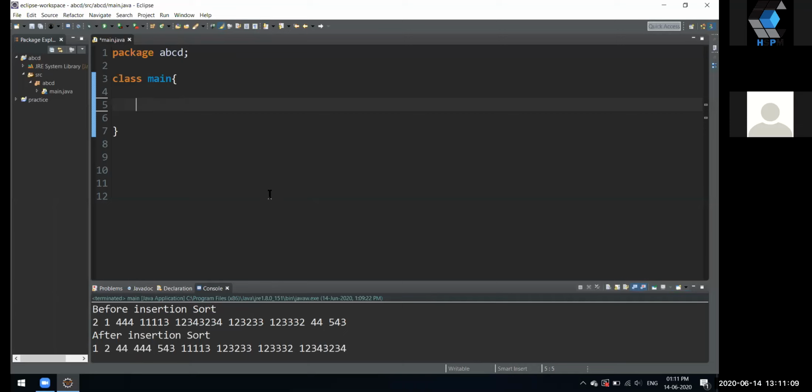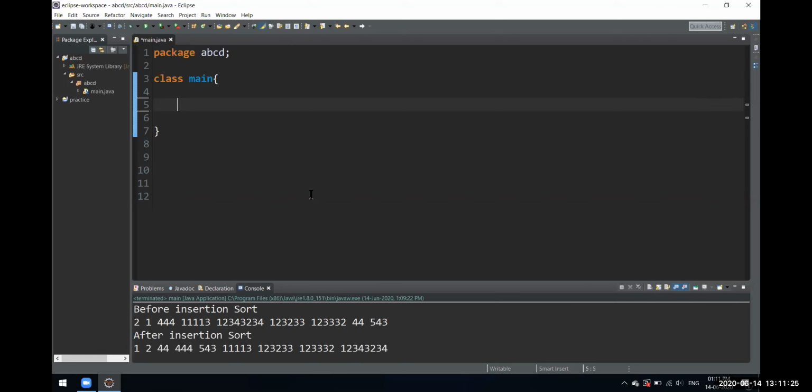One last algorithm we'll see is quicksort. Quicksort is also like this, this is the best case. Have you guys heard about the big O notation? Big O notation is something we give to a specific algorithm according to its time complexity. So this has a big O notation of just O(n). That's why it is said to be very fast.